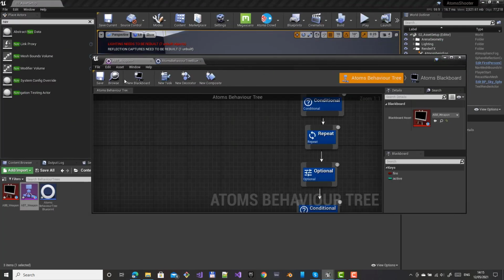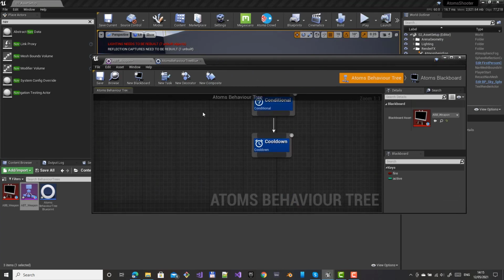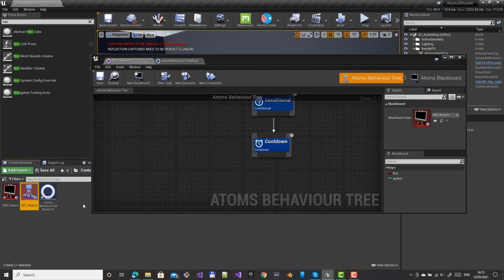Let's save this one for now, and let's rename it. Let's call it Behaviour task fire projectile. Okay,